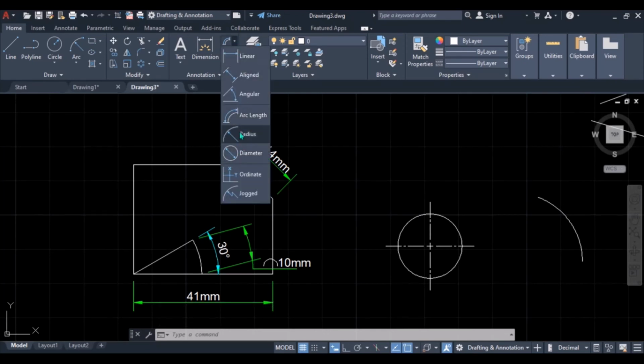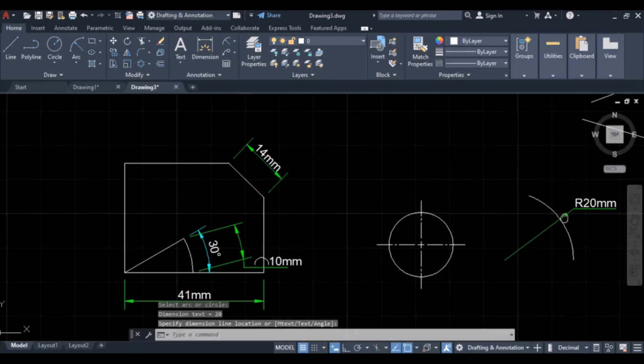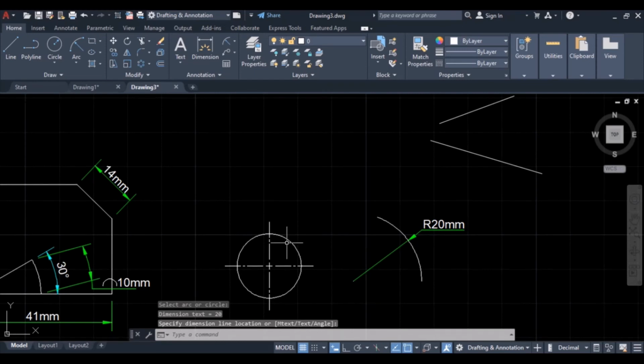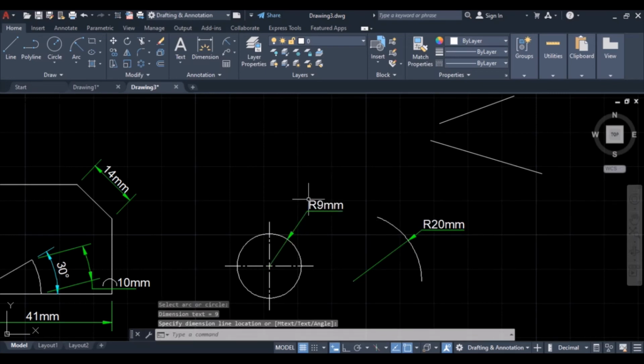You can also dimension radius. This is an arc, R20, or you can dimension a circle. Just click on enter to repeat the same command. This one, R9.